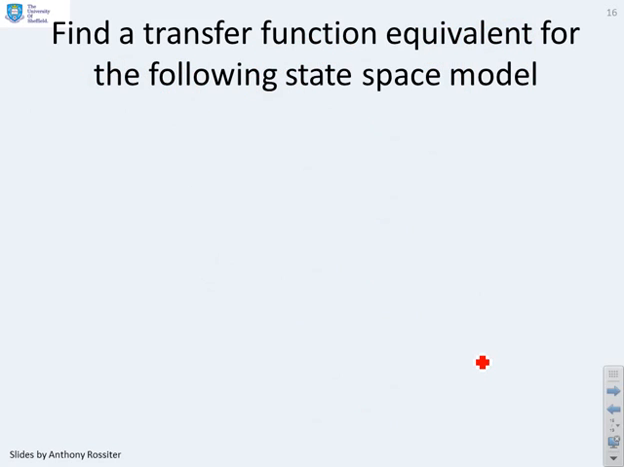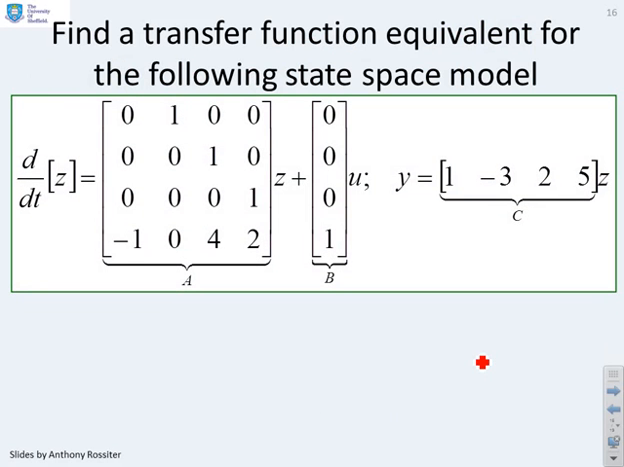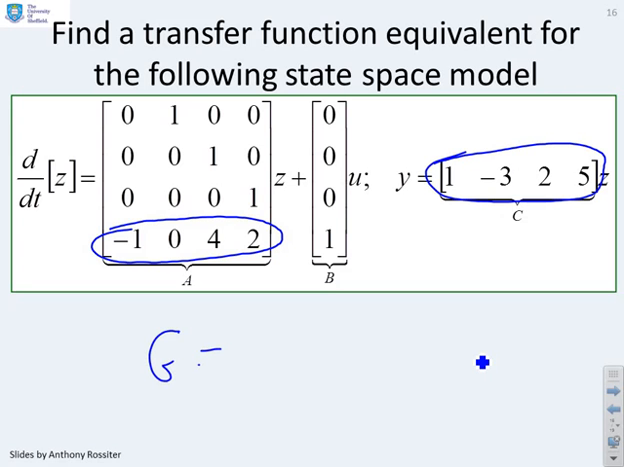Final question then. Find a transfer function equivalent for the following state space model. Now, in this particular case, what you've been given is the problem in a control canonical form. So the hope is that you will recognize that the coefficients on the bottom row correspond to the coefficients of the denominator, and the coefficients in C correspond to the coefficients in the numerator. So what I can write by inspection is that G equals,